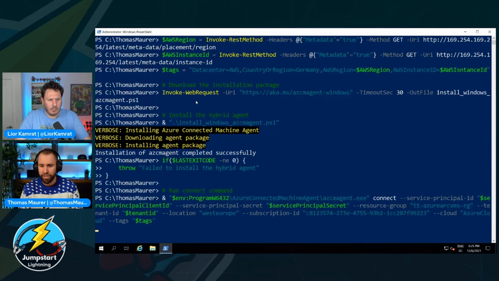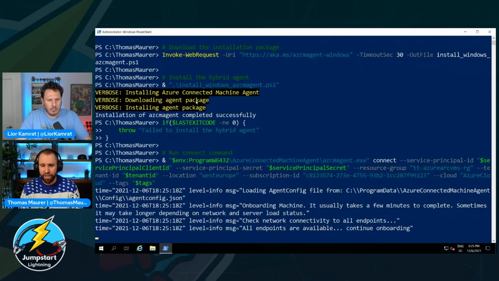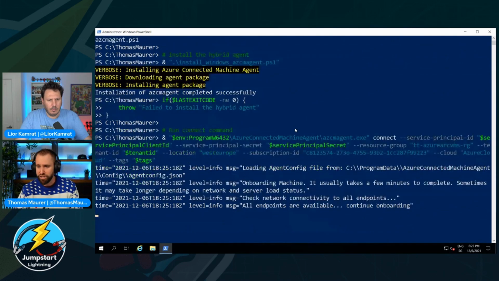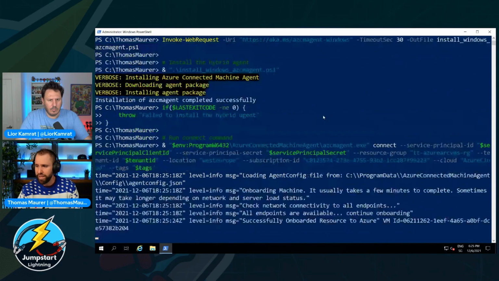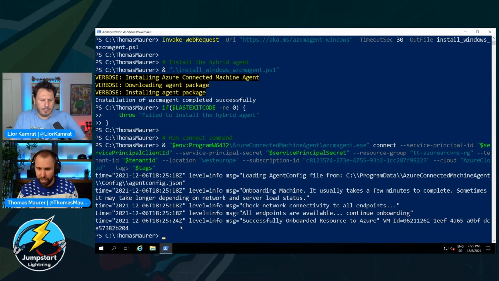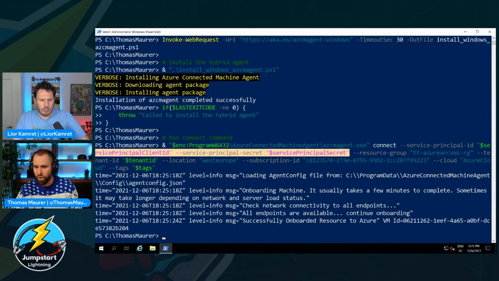So again, this will take a moment. It will install the agent, and then it runs now. After the agent is installed, you can see here it uses the Azure Connected Machine Agent.exe to actually run the onboarding. And I want to quickly show you, it's already done. It's already onboarded now. But I want to quickly show you a couple of things here. As I mentioned, I use a service principal to onboard in that case.